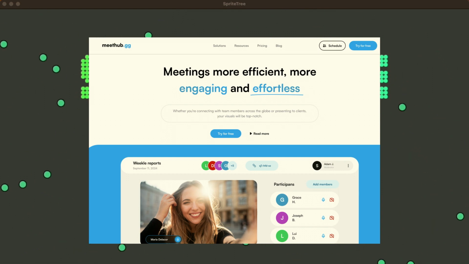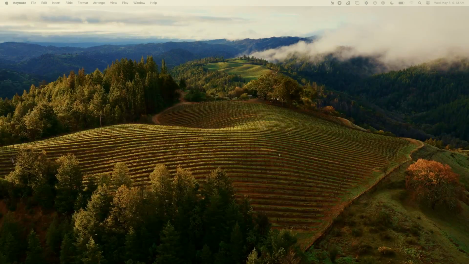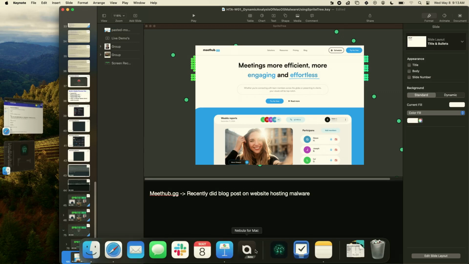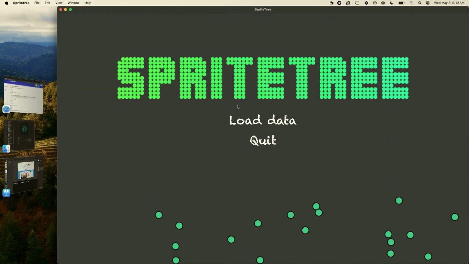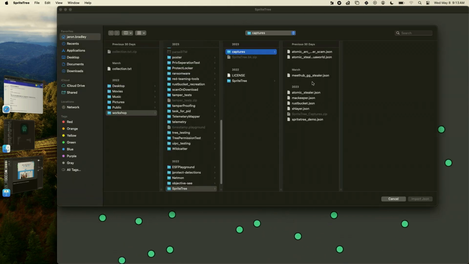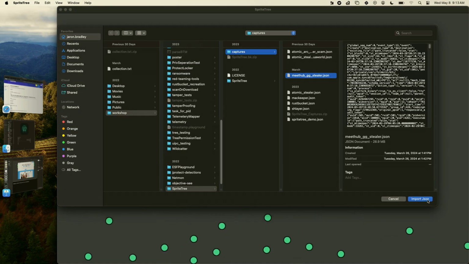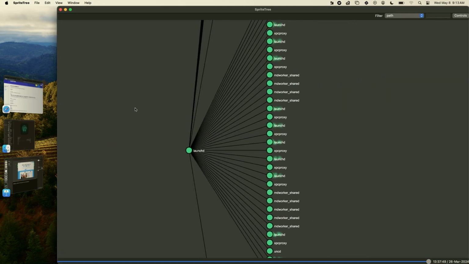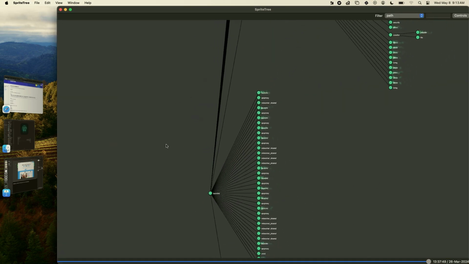So we did a blog post on this, and I'm going to walk through it with SpriteTree now. All right, so let's walk a bit through this sample.